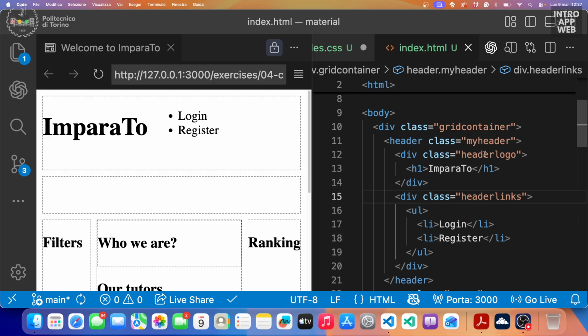So since header logo and header links are within my header, and I define that my header will behave as a flex, then the elements will automatically be flex items. And on those flex items, we can apply the properties that we saw last time that the flexbox has for its elements, okay? So let's do,